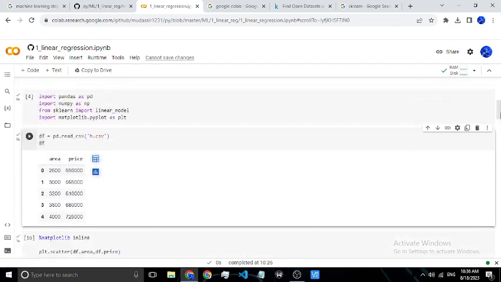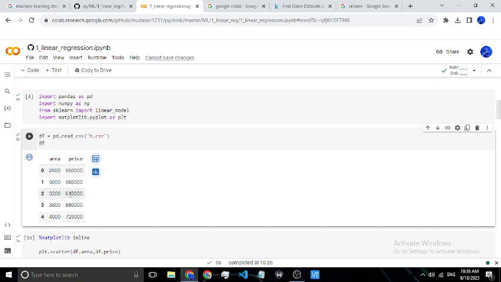Here we had two columns, but in some data sets we'll have 3 to 4 columns. In those, the output, the final price,